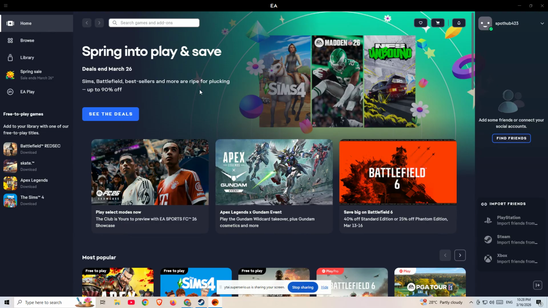Alright, let's get started. The first thing you need to do is open the EA app on your computer. This is the official desktop application used to manage EA games, downloads, and account settings. Once the EA app launches, sign in to the EA account that is currently connected to your Steam account. Make sure you log in to the correct account because the connection settings we need are tied directly to your